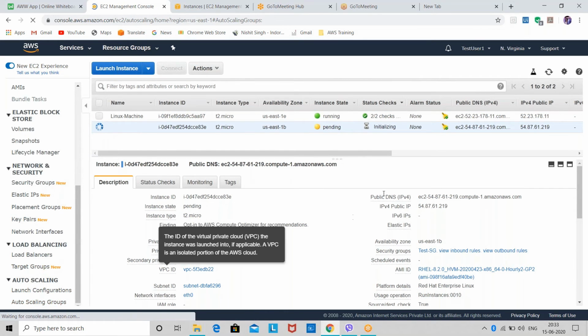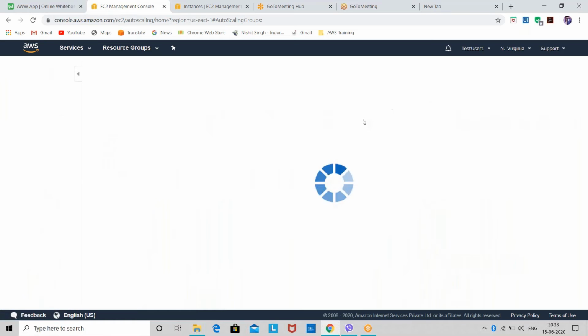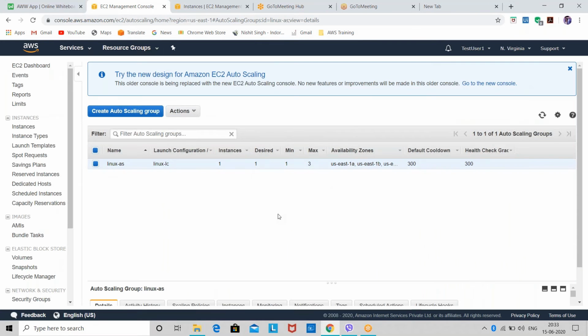So they'll create an auto scaling group for me, because what happens now, we have already created an instance before. But during the auto scaling group creation, we have configured that we want one instance with our auto scaling group at the start. So they'll create the instance first.